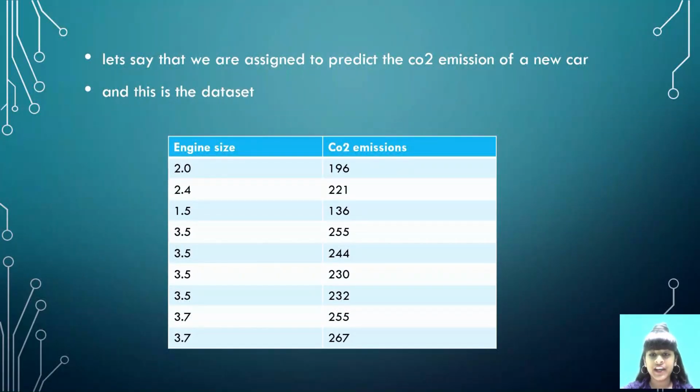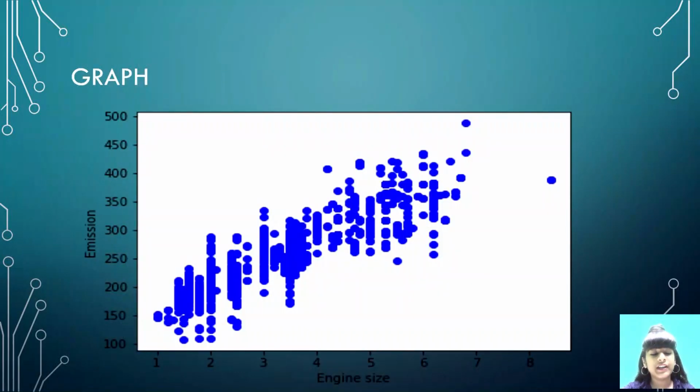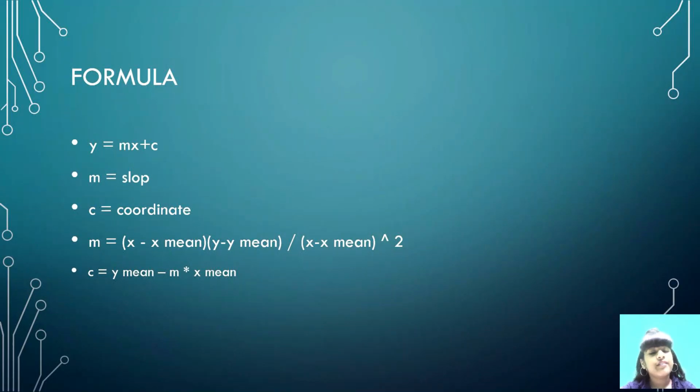Let's say that we are assigned to predict CO2 emission of a new car, and this is going to be the data set. And this is going to be the graph when we put it into a scatter plot. And I have explained in my before video also the formula of linear regression. We use the same formula for multiple linear regression and simple linear regression, that is y = mx + c. Here m is going to be the slope, that is the line slope over here,